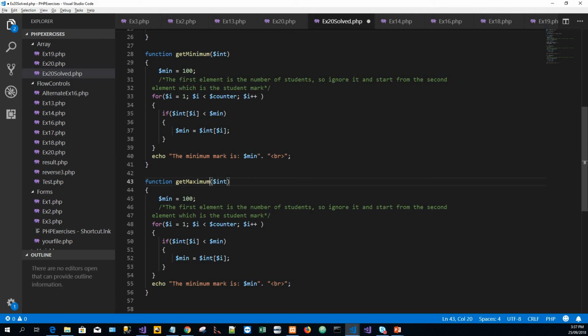Passing in the integer, and here I will store the maximum value in $max. And contrary to getting the minimum, where I started with the maximum value and then compared with each element of the array, and whichever element was less than the minimum value, assume that array element value. Here I will do the opposite. I will start with the maximum value as 0,